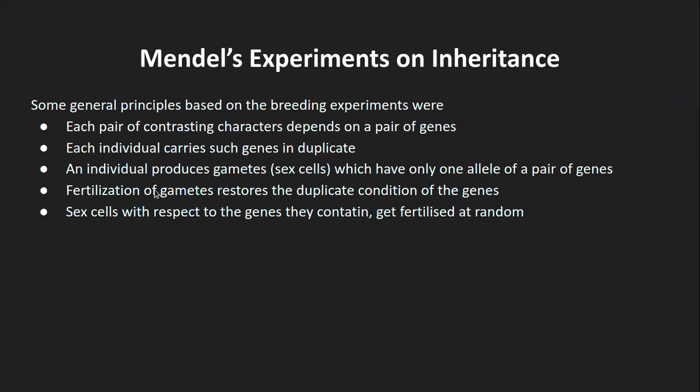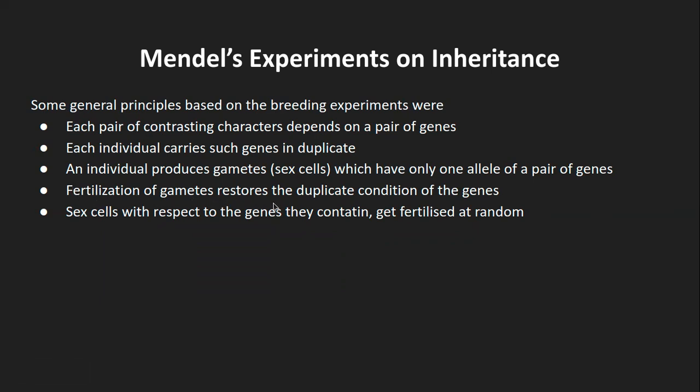Otherwise, this would have been so monotonous. Like a tall plant will always produce a tall plant, and even if you cross with any other type, it does not affect it, but it will give both the alleles. That is not the case, right? It takes only one allele, and that is the reason why we have so much variation in the plants and even in the animal species, right? Because the alleles with certain characteristics are getting transferred to the next generation.